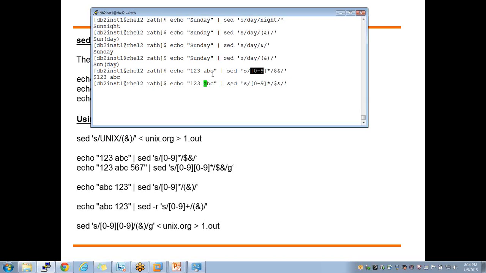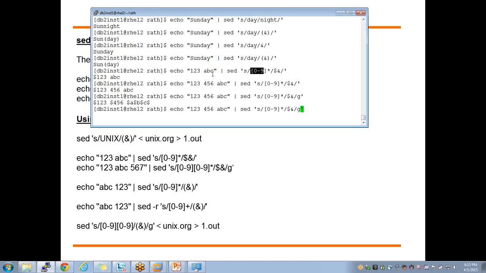So what happens if I say here 4, 5, 6? It's only replacing the occurrence. So the star is allowed.